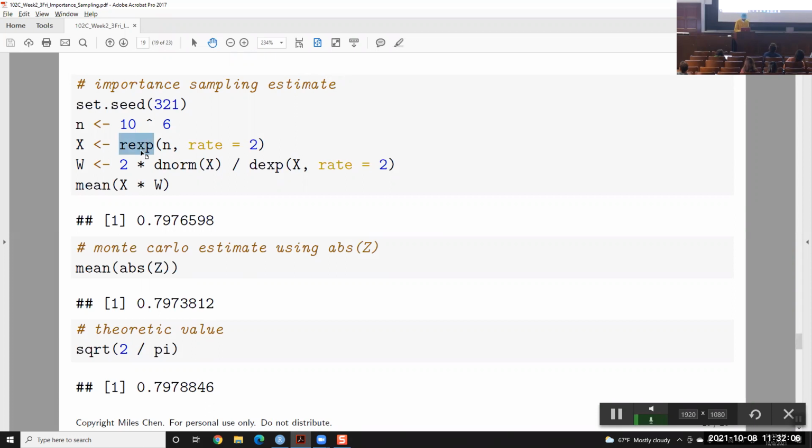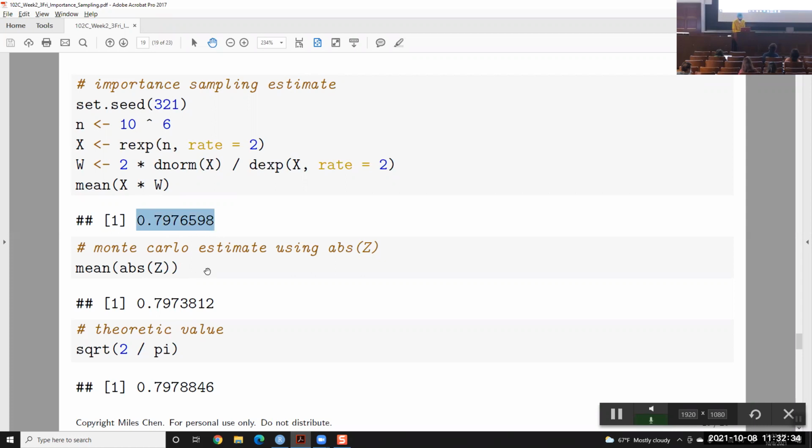From the exponential distribution, we're going to calculate the weights. Apply the PDF of the exponential onto x, and this will give me the weights. Then I take those x values that I generated, multiply them by the weights, and calculate the mean, okay? And so the mean I get is